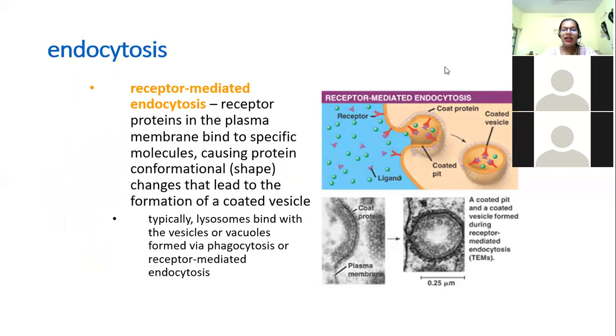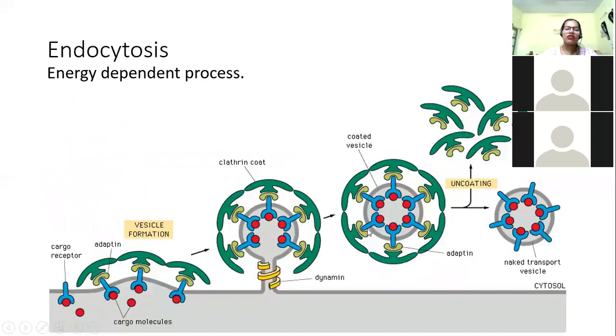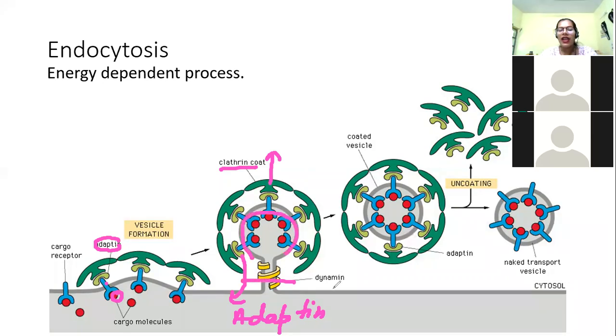Now we also know about endocytosis, in this case, see, this is what I was talking about. So you have got the receptor, to which your ligand goes and binds. Now once this is binding, the adaptin protein first goes and binds to the receptor and it is responsible for bringing the clathrin. So this one is your adaptin. The dark green is your clathrin. Now you can see that the moment they start binding, there is a vesicle formation. Now this pinches off with the help of dynamin.